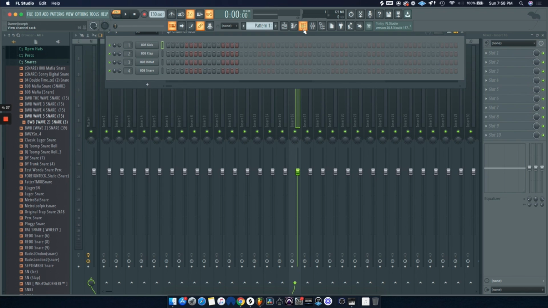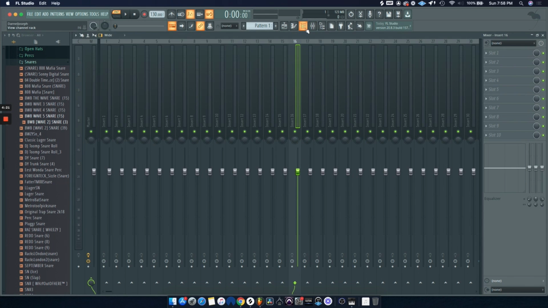But this EQ is very important because most of your engineers do it. Most of your producers do it. All the industry people do this. This is a key factor in music. EQ pretty much allows you to manipulate sounds, not give you full control, but you will be able to cut